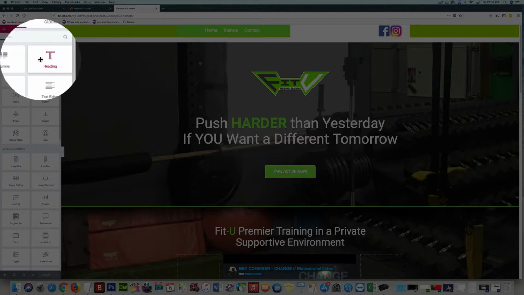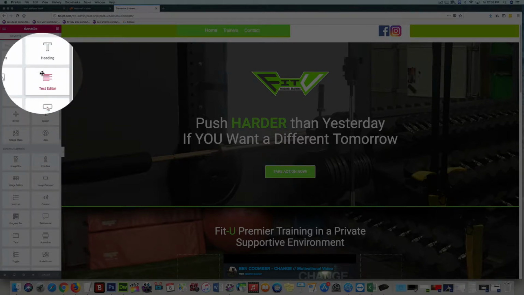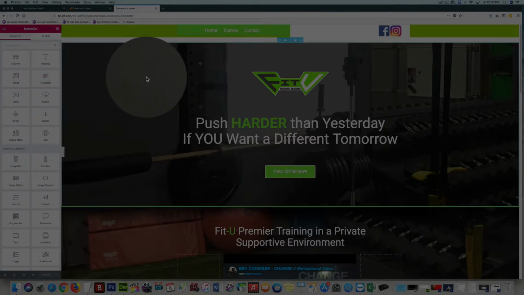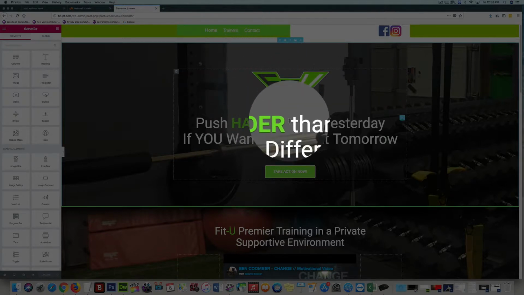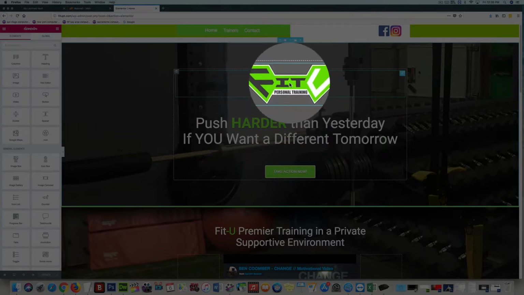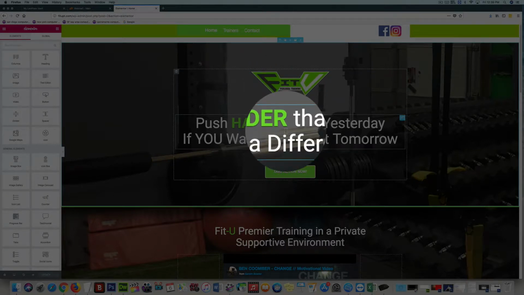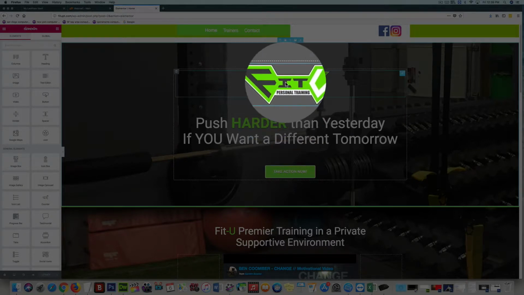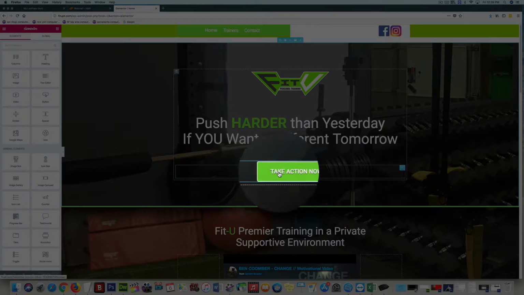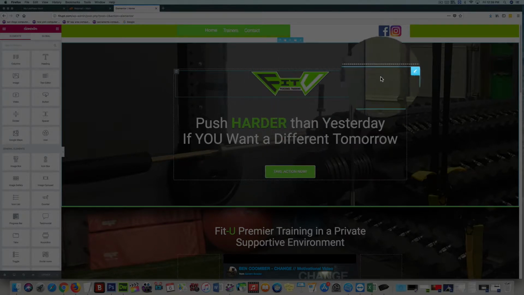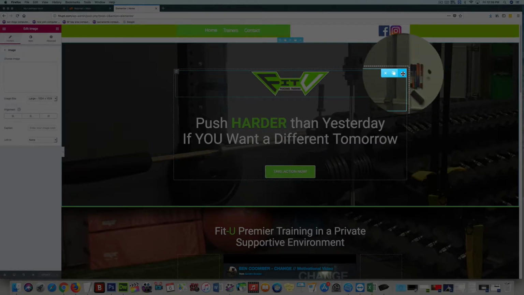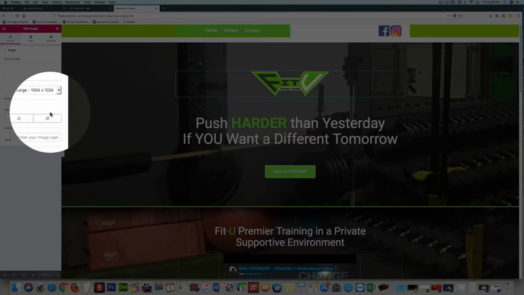On this side, you have the elements. Okay. And on this side, you have the content. As you hover with your mouse on top of the content, you will see that each one is an element. Okay. This is an image. You click on the pencil, and then right here,